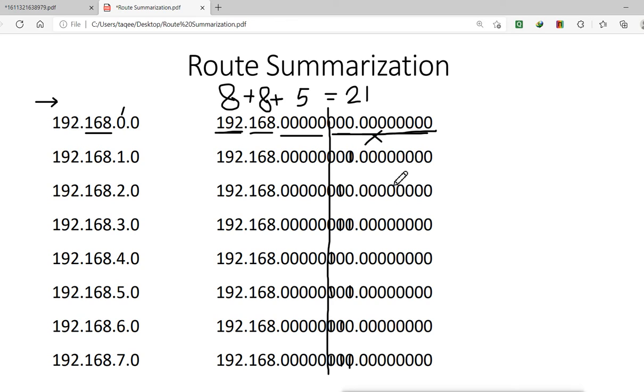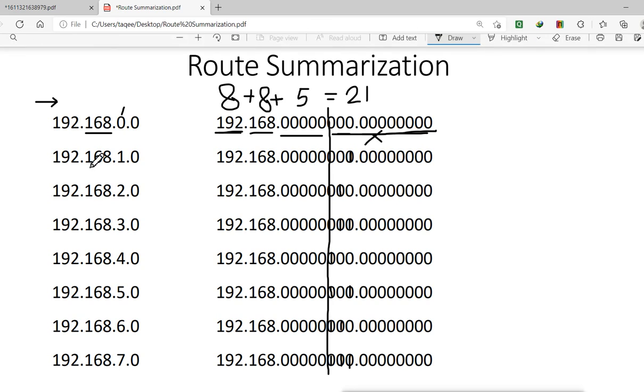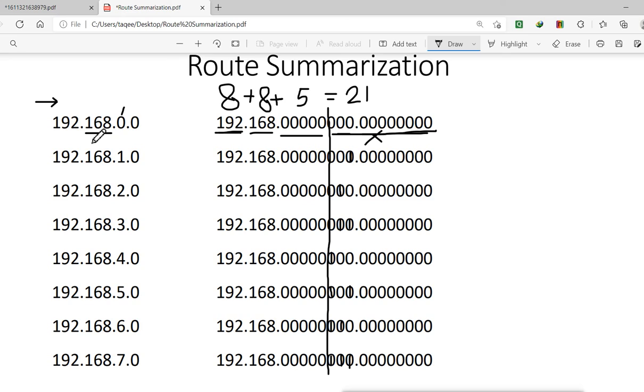Now what will be the summary address for all these networks? First we will use our smallest network. These are the 8 networks we have, and the smallest one is this first one, because here we have 0 and here we have 7. So this one is the smallest one, and I will use this as the network address.